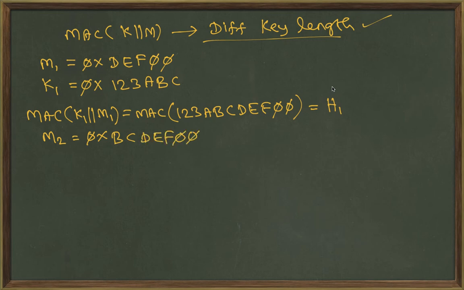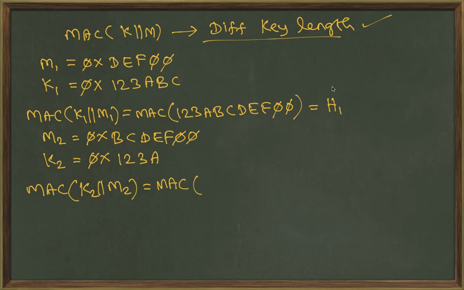DEF00. And I have another key K2. My key is different now. My key is 123A. So the message is different, my key is also different. So let's calculate the MAC for this. MAC is nothing but K2 concatenate M2, right? So which is nothing but MAC of K2, which is 123A, and M2, which is